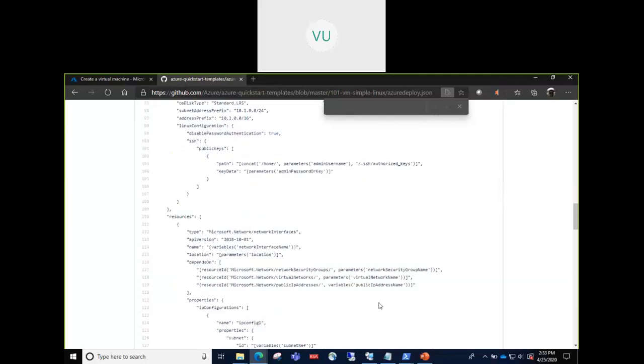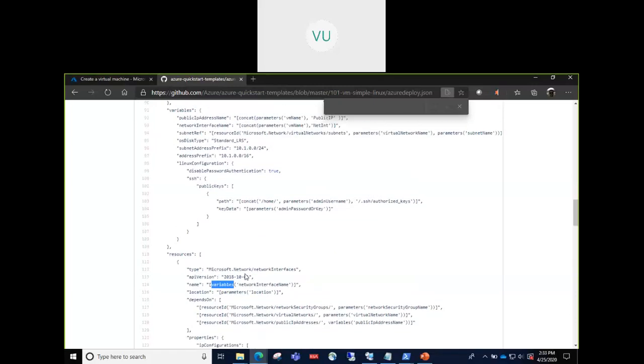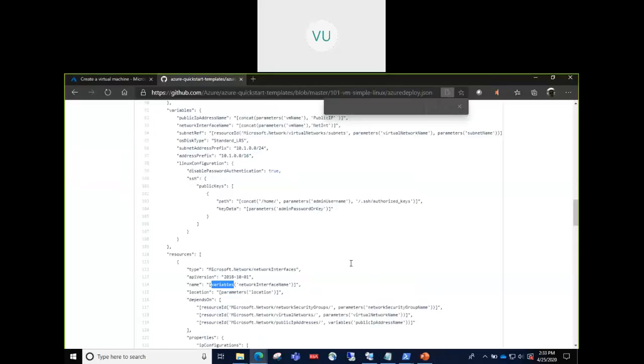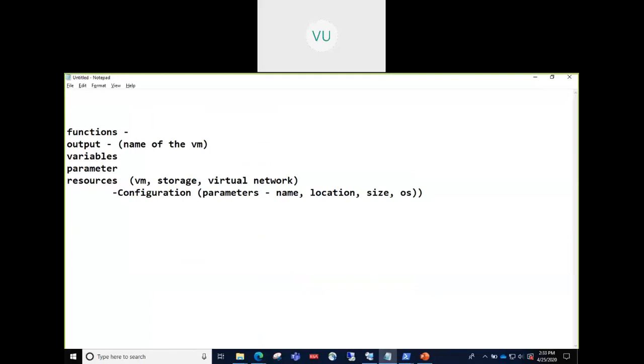The variable, how you use it, there is a specific syntax. The name is the parameter which is needed to create this network interface, and you are passing that as a variable. So if you are using variables, then you have to pass it like this. Let me write it down here. First, you specify these brackets, as you see. Ideally, how would you provide it if it was not a variable? You would provide the name of the network interface, like networkInterface1. This is the name without parameters.